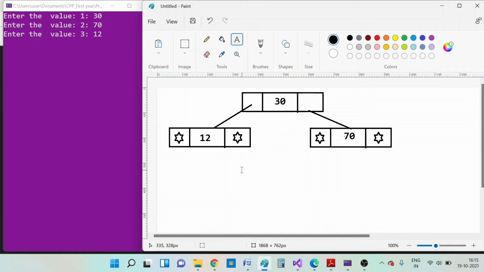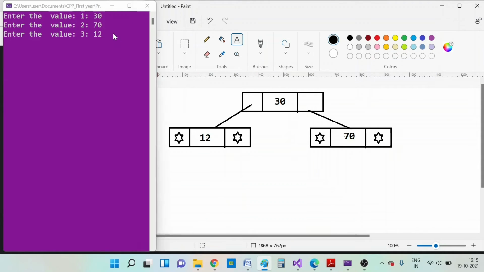And now what will happen? So far we have seen that the b-link and the f-link both were null, but now they are not null. So let us see what happens in this situation. Now I am going to enter the fourth value, which is 50. What will happen now is that it will compare 50 with 30, but 50 is greater than 30 and this is not null. So it will get into the next node by passing this pointer. It will reach here, and once again it will make a comparison.